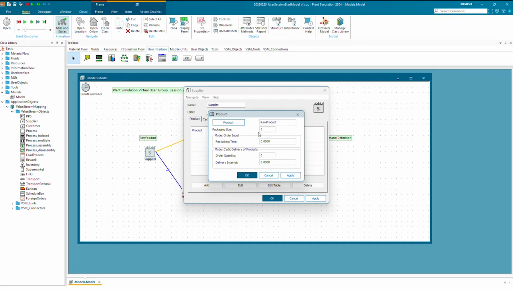You have a packaging size. That would be the number of products put into one carrier, transported to the system. Could also be a mechanism later in the objects there as well to combine products into a carrier and then use this as a transportation unit for the next transportation time.